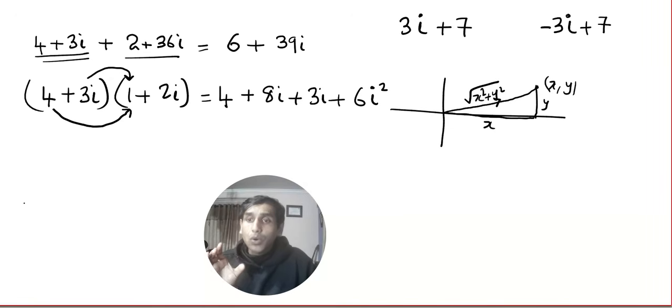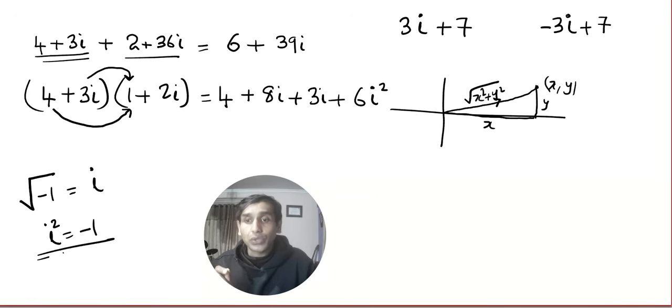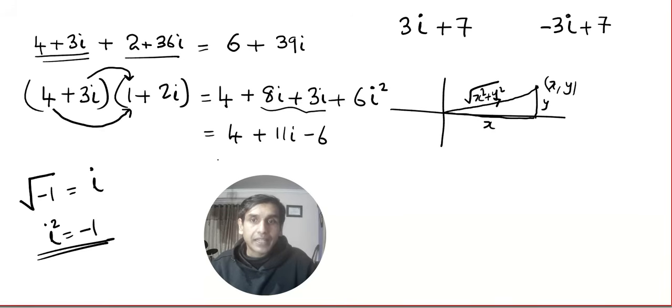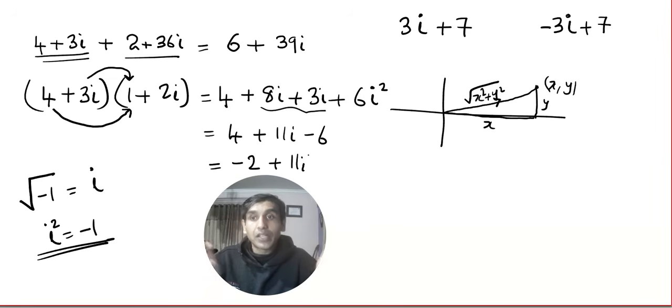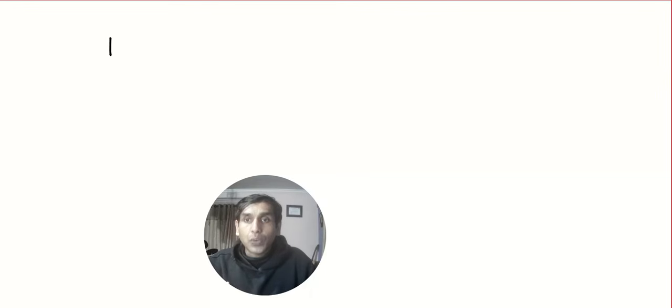By the way, I hope you still remember root under minus 1 is i. So that i square will be equal to minus 1. So don't forget this result: i square is minus 1. So this simplifies to 4 plus 11i minus 6, and we end up with minus 2 plus 11i. So that's very simple and natural. You can add complex numbers, so obviously you can subtract. You can multiply complex numbers, and remember i square is minus 1. Suppose you want to divide two complex numbers, something like 3